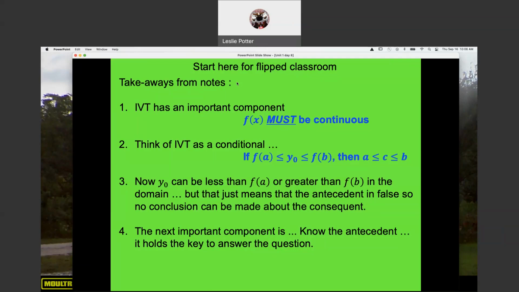The IVT is an important component. F of x must be continuous. If there's nowhere saying that f of x is continuous, then everything is out the door. Okay,